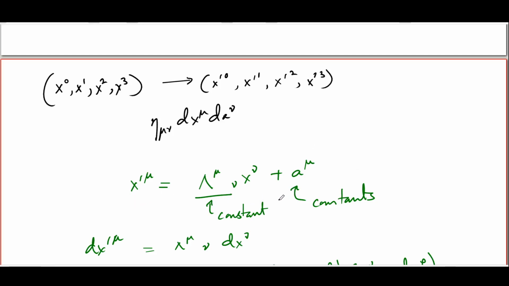The a mu's are, of course, nothing but translations of space-time coordinates. And so, this kind of transformation is actually a combination of Lorentz transformation of the coordinates given here, followed by a translation. And the formal name for such transformations is Poincaré transformations, named after Henri Poincaré,